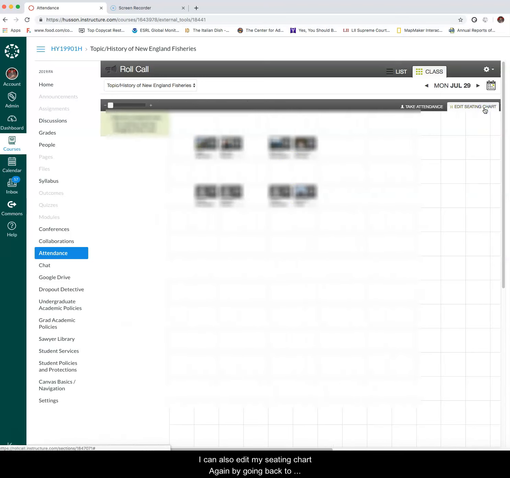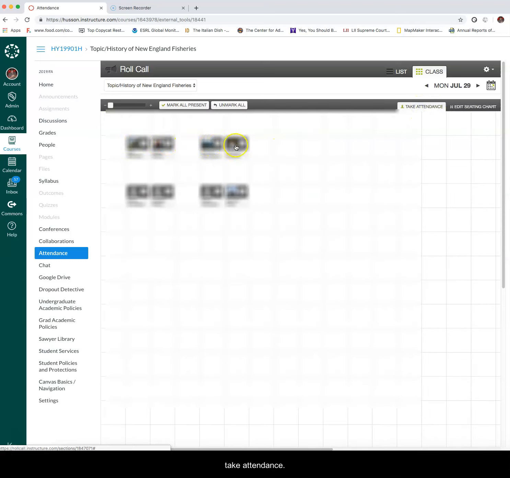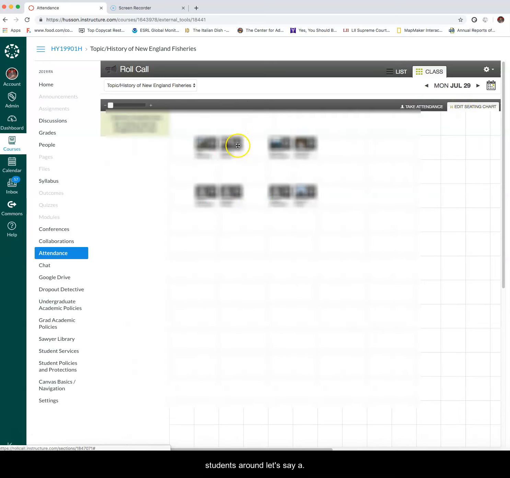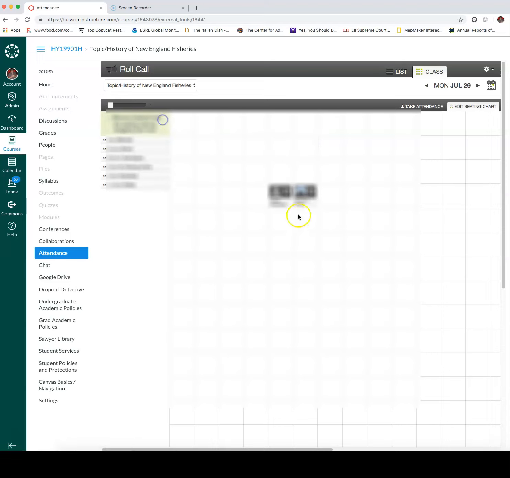I can also edit my seating chart again by going back to Edit Seating Chart. So taking attendance means I set to take attendance. Editing my seating chart means that I can still move students around. Let's say I've noticed some shifts in the seating, moved it around. And if you want to redo this whole chart or move students off, you can just drag each student into this green section and they go back to the list. It's a fairly intuitive tool,